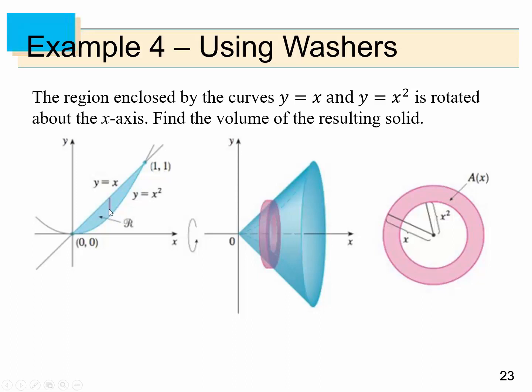Since we're doing vertical slices and the thickness is going to be a change in x, our x's are going to roam from 0 to 1. So this outer slice is the top piece, which is equal to x, and then the inner circle is x squared. It's just that simple. So those are our two